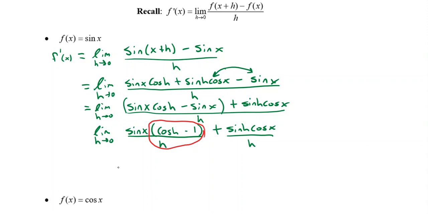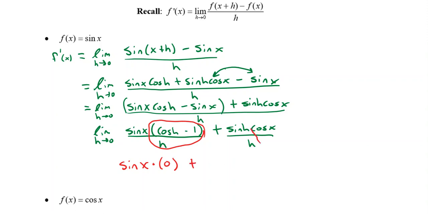So in the next step here, I'm just going to write it out as sine x, which we don't know what it is, because this is as h approaches 0, but it won't matter here in a second. So sine x times 0, and then plus